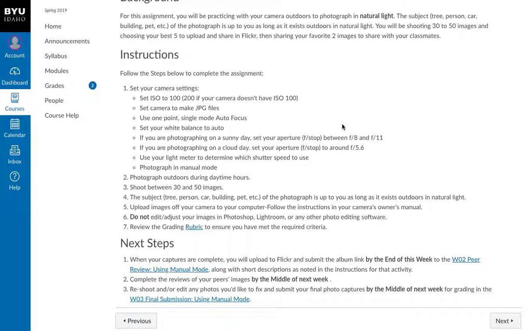This is all fine and dandy, but if you're taking photos and they're coming out way too bright or way too dark, I don't care about these numbers anymore. I'm not going to look at your photos in Flickr, and if you have a perfectly exposed photo that has great light, I'm not going to say, this is a perfectly exposed photo, but she did not stay in the guidelines of this F8 and F11, so I'm going to take points off. No way. You are going to get a good grade based off of your exposures and the technical aspects of your photos. So if you are not using this guideline because for you in your location this is not correct,